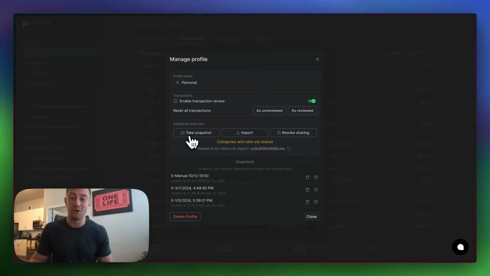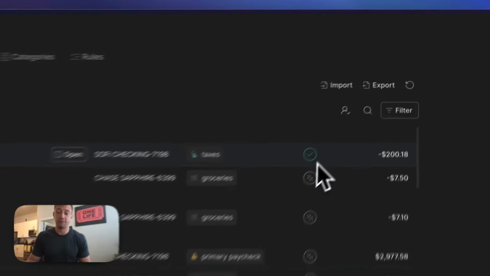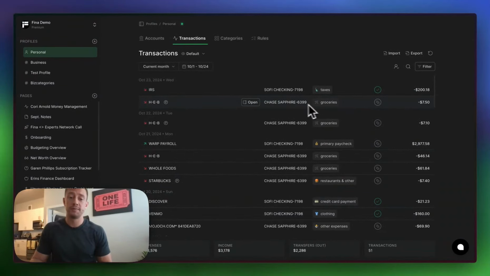The other thing is you're always able to take snapshots, meaning you're always able to save the current state of Fina. So if you're planning on playing around with a new category schema, or you're not sure if you want to change a bunch of your transactions or the name of some of your categories, always take a snapshot before you make any big changes, just so you can revert back to that state in the future. So again, that's the most basic form, is just reviewing one of these transactions. You can always come in and overwrite one of these